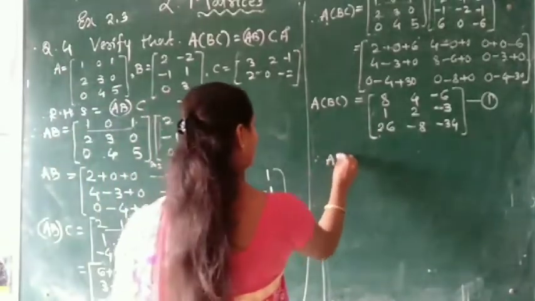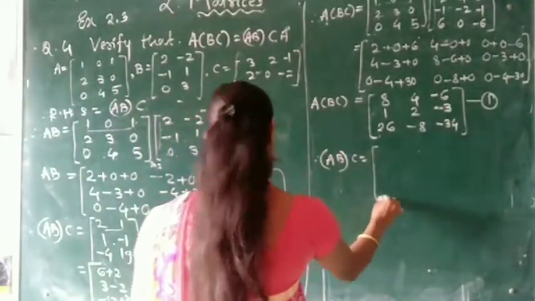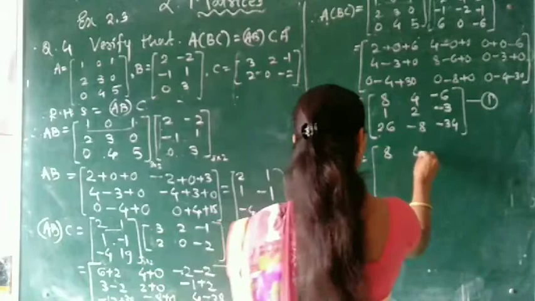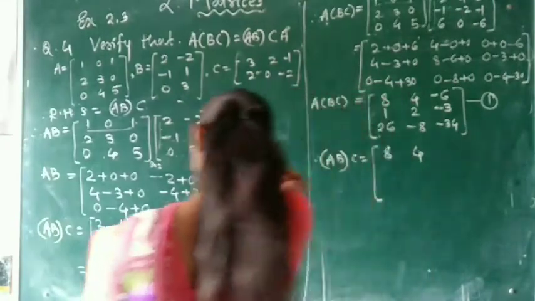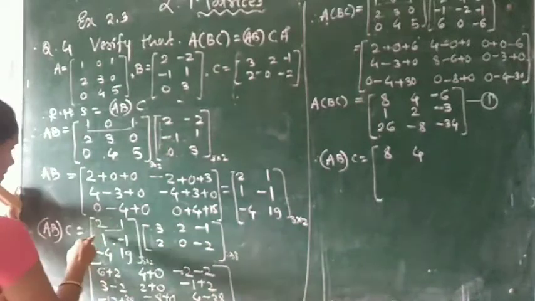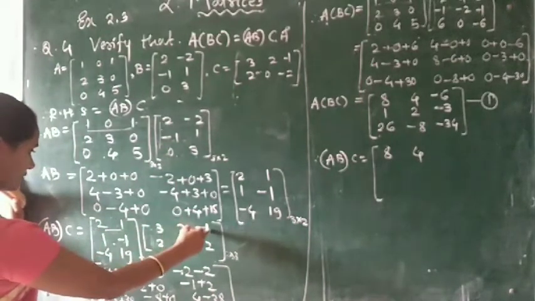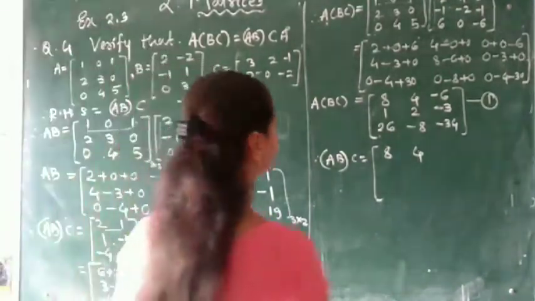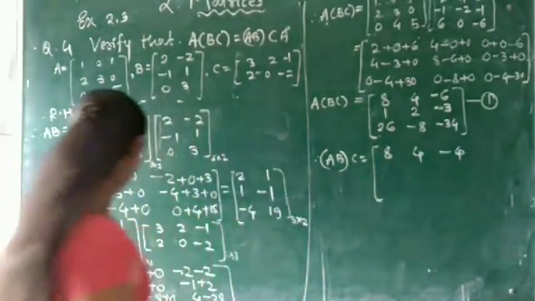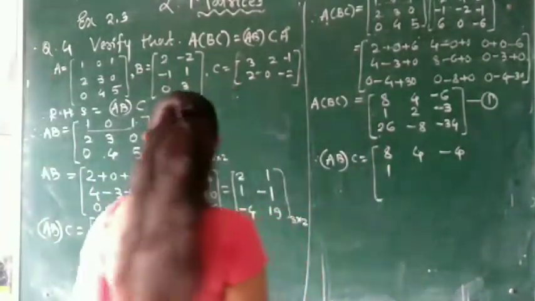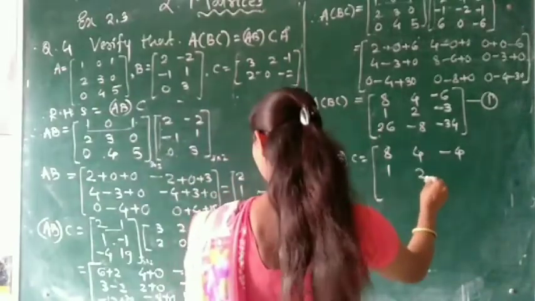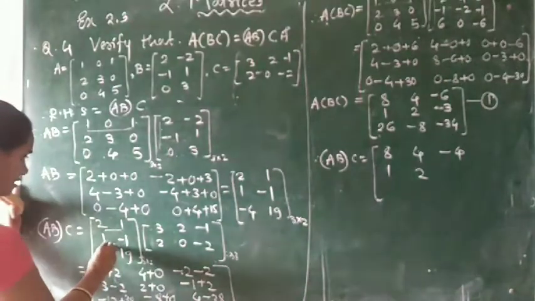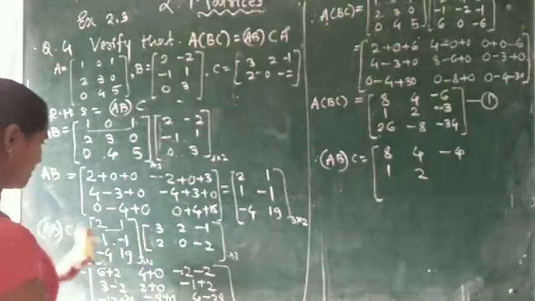So right here AB into C is equal to, so 6 plus 2 is 8. 4 plus 0, 4. Minus 2, check here. 2, 1, that is 2 into minus 1 and here minus 2. What is the value of the matrix? Here minus 4. Next 3 minus 2 is 1. 2 plus 0, 2. Next minus 1 plus 2. Here minus sign, so minus 1 and minus minus plus 2.